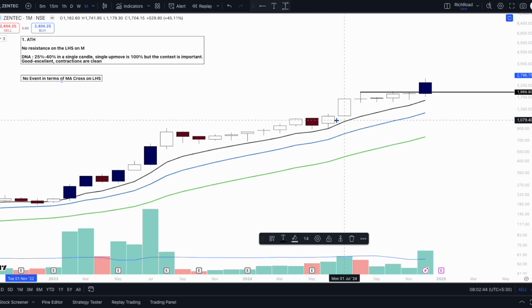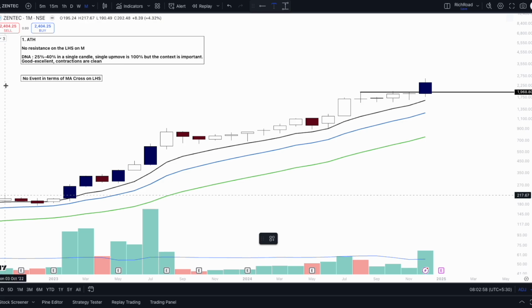And then the move that you got was from here. Basically, a 45% move is what you got. And for that, you had a contraction of four candles. Pretty appropriate from the scale of monthly over here. Now, the important point is